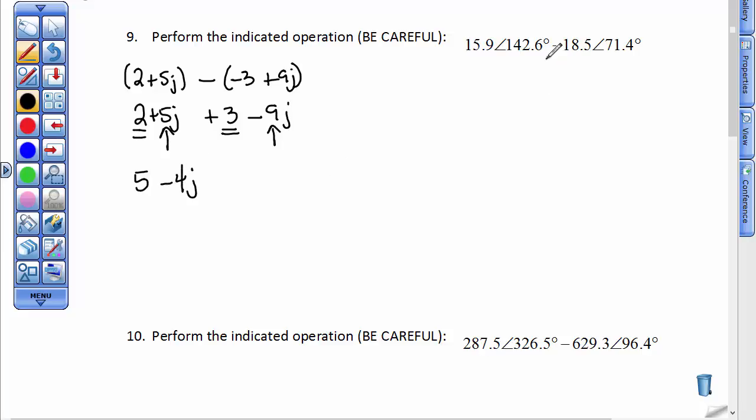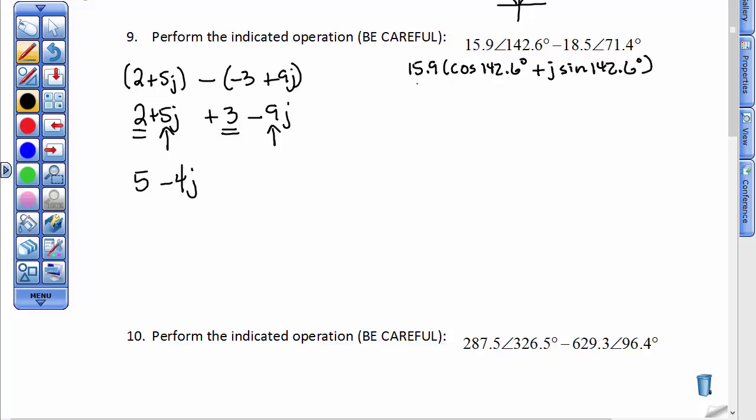You got to be careful here. These are vectors. These have direction. They're not going in the same direction. Like the real parts either are going to the right or going to the left. At least they're opposites. This one at 142 degrees is over here in the second quadrant. And this one at 71 degrees is something like that. So you can't be subtracting these when they have angles. So you have to take the 15.9 and multiply it by the cosine of 142.6 degrees. And then you've got to take it again and multiply it by the sine of